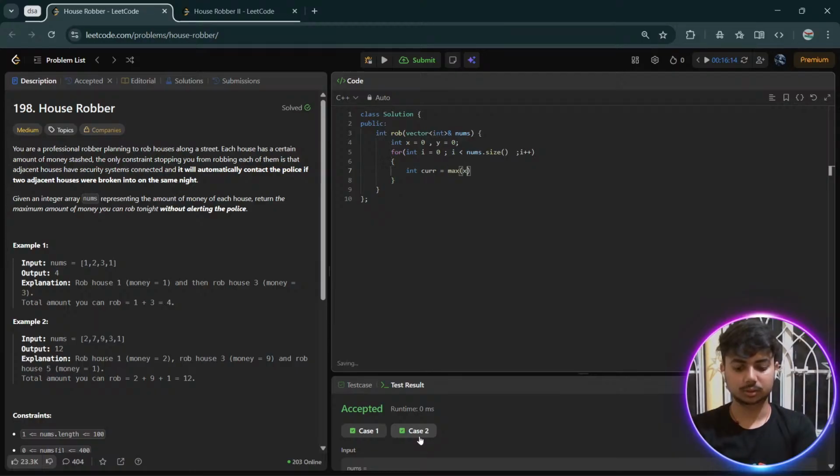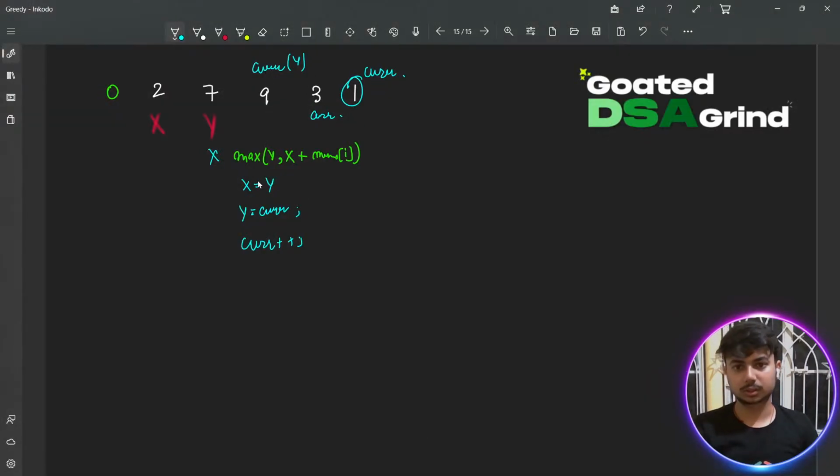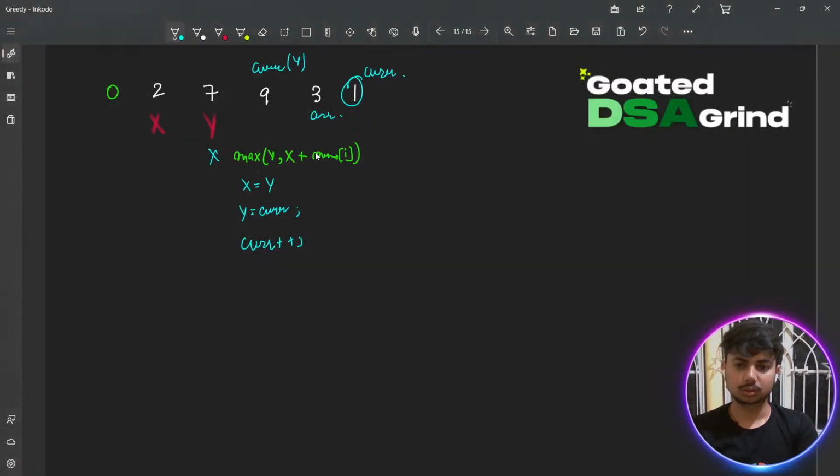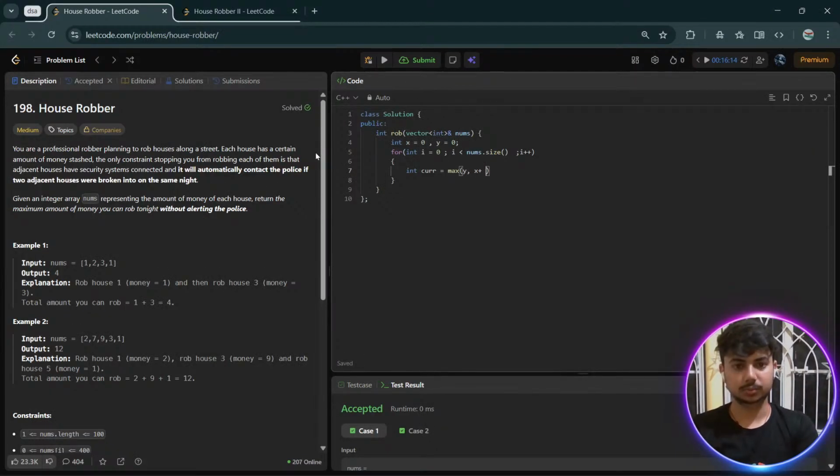Maximum of x, क्या लिखोगे, current is equal to maximum of y, comma x plus nums at I. Then you are moving x to be y and y to be current. करंट को आगे बढ़ाने का जरूरत नहीं है, वो नेक्स्ट लूप में ऑलरेडी मैक्सिमम चूज होता है, तो मैक्सिमम चूज करके अपडेट होते जाएगा एंड यू आर रिटर्निंग करंट।